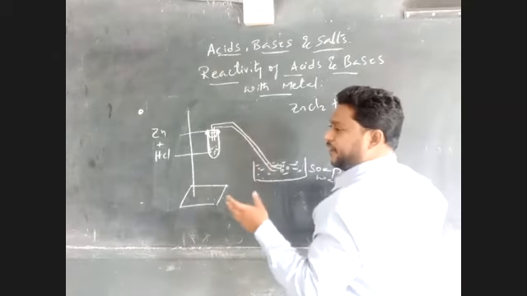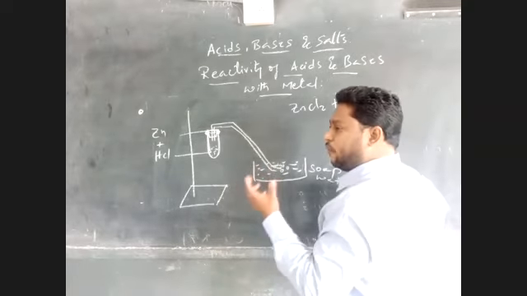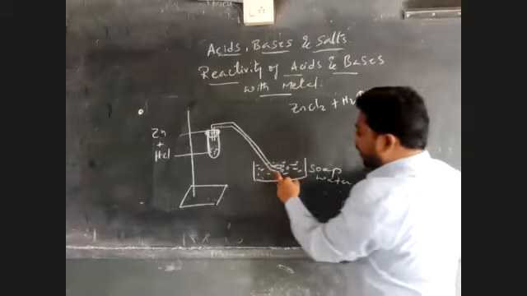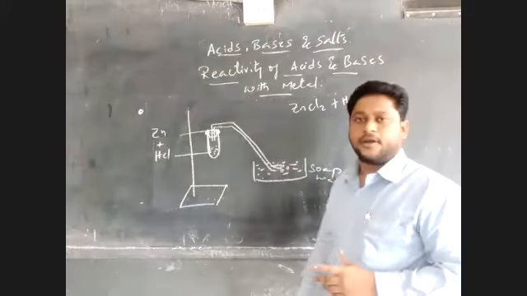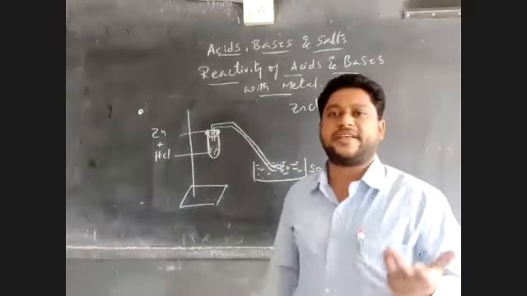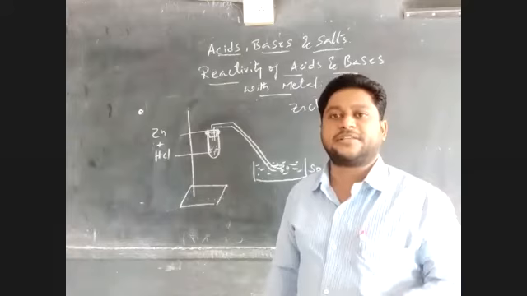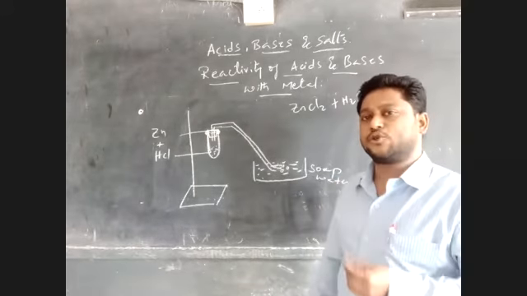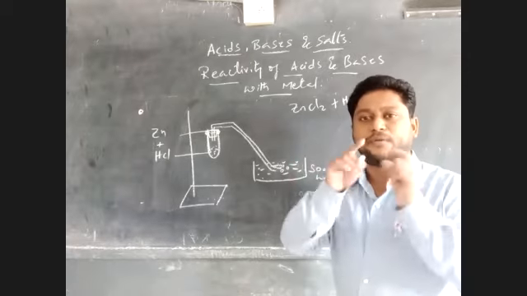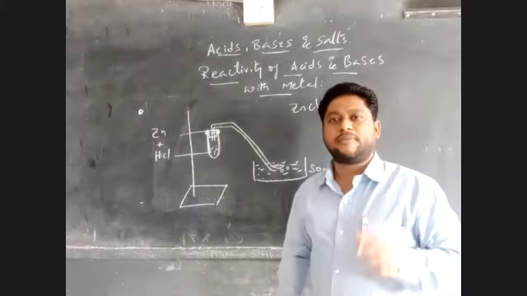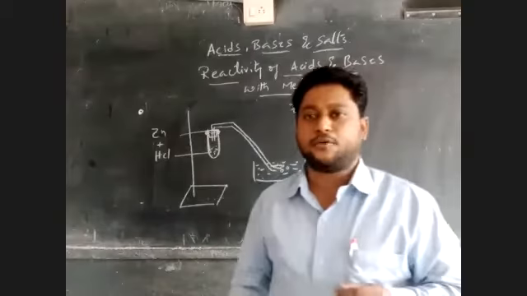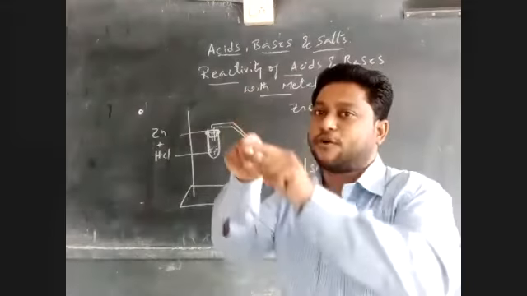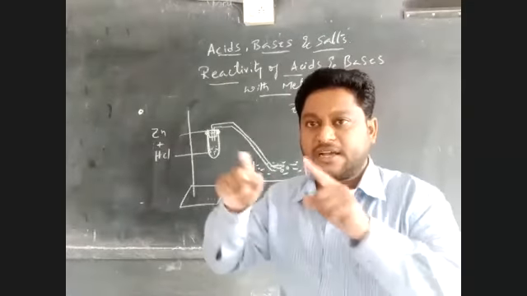So how do we know that the gas evolved is hydrogen gas? It is passed through the delivery tube and placed in the soap water. You may wonder why we place it in soap water and not normal water. The reason is to identify the bubble formation. You might have played with soap water; when you blow air into it, you can see the formation of bubbles.